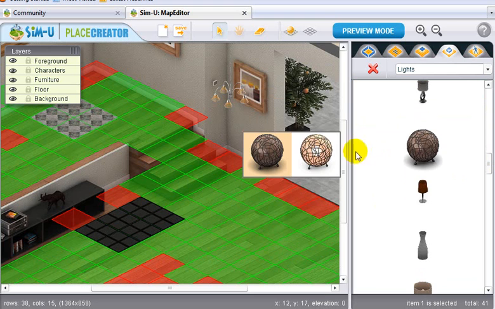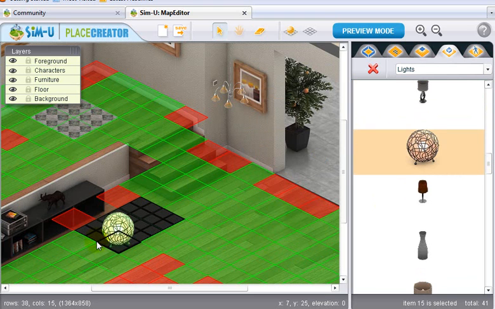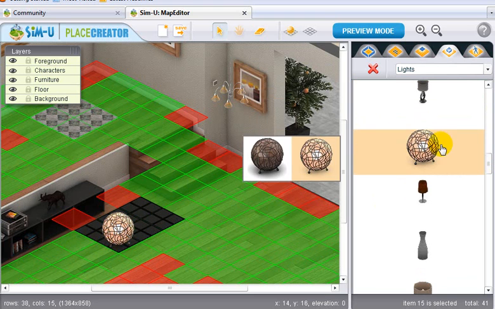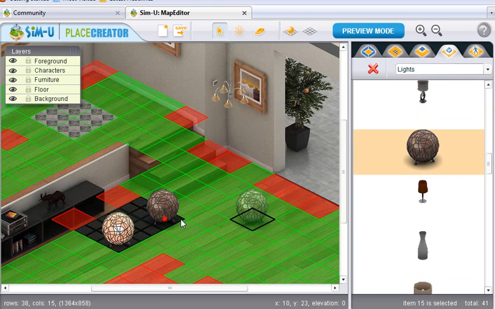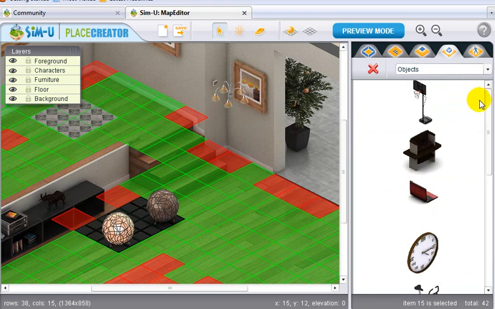Scroll down here and see what I mean. So you can set down a floor light and do that there, or you can do one that's on or one that's off. So it depends on how you want to set up your room. There's other objects